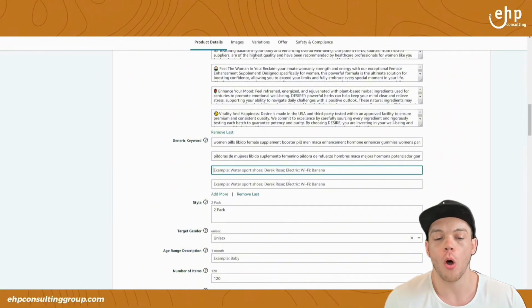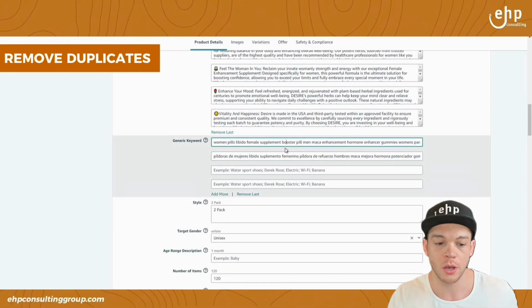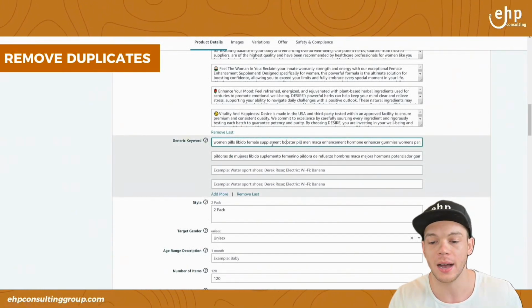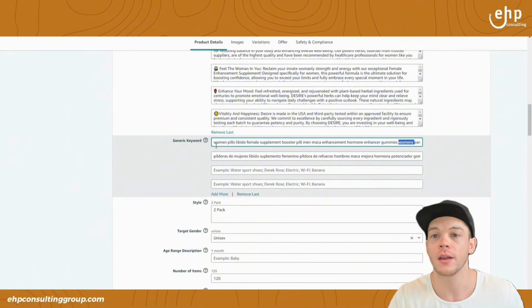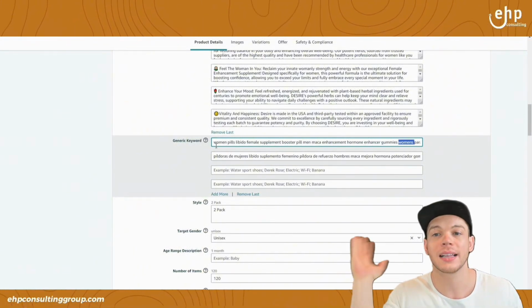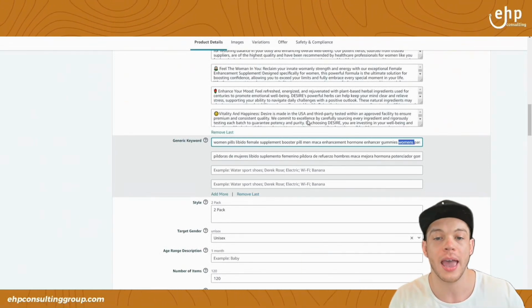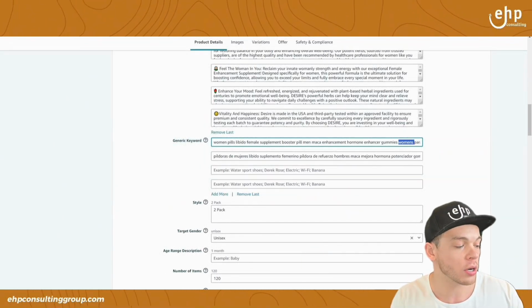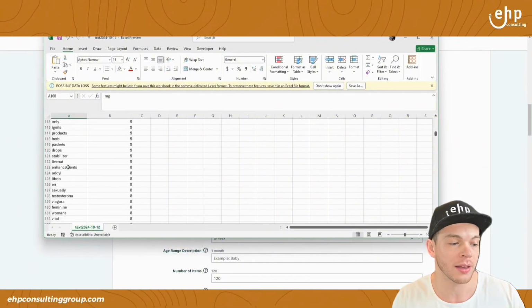After we implement all of these keywords, what we're going to do is remove the duplicates. You don't want to have woman 10 times, woman, woman, woman, woman, woman, woman's, woman. We don't want to have too many duplicates. So you're going to come back, clean up those, make sure there's no duplicates, add some extra, and go from there. If you have some good competitors, you're going to see there's a lot of keywords here that we could do. Acne,